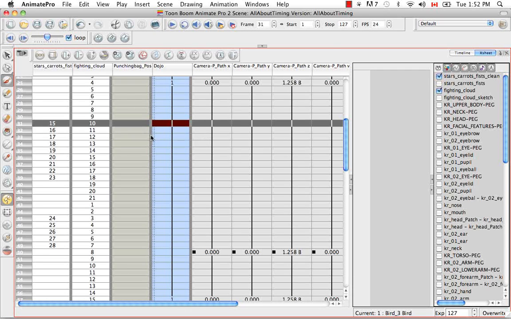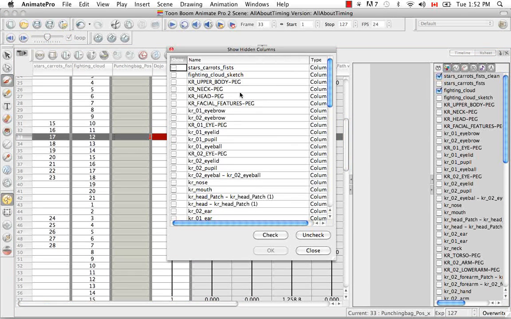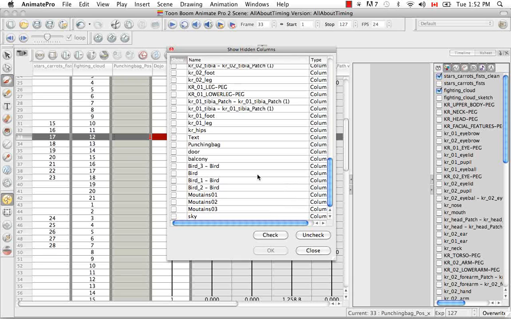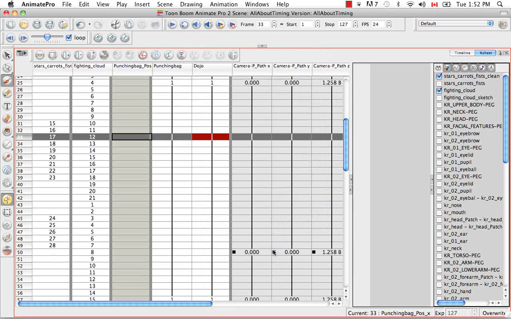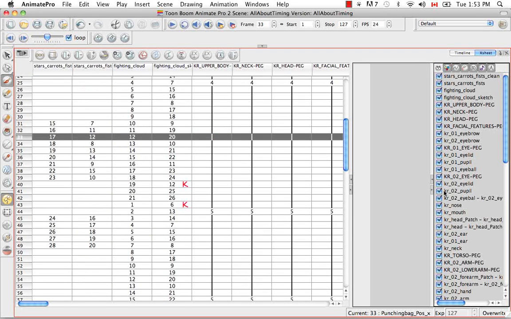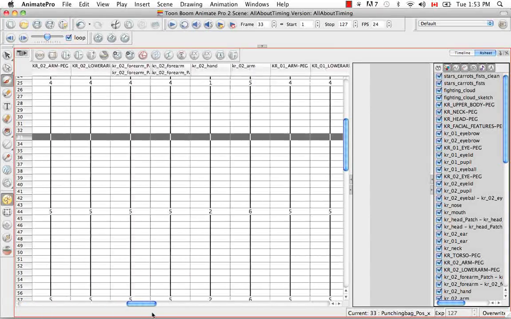So the way to show that is you would click on this line, and it'll give you a list, the same list that you see here, of the various columns that you can add. And so if I wanted to then add the punching bag, it now appears between the punching bag peg and the dojo just as it would in the timeline view. In Animate Pro, you can also go to the View menu of the X-sheet and select View, Unhide All Columns, and now all of these columns have been enabled, so now we can see them all in the main section